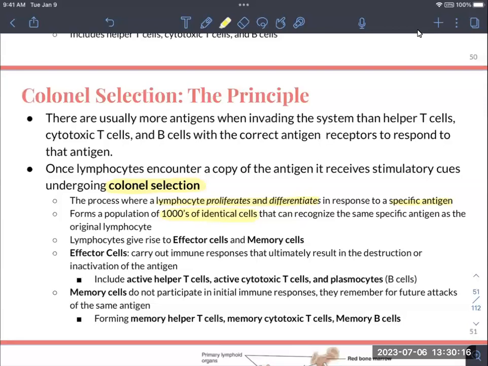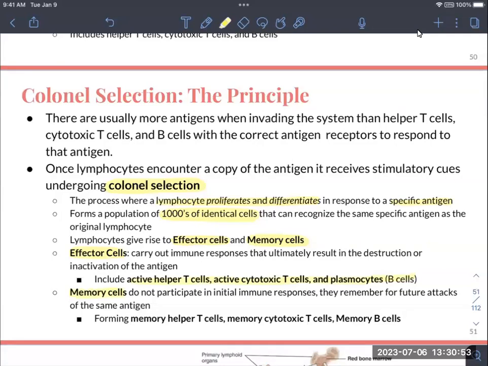And this is where we get effector cells, and this is where we get memory cells from. Those effector cells are going to go out and fight. They're going to get rid of that specific pathogen that may have come into our body. These would be those helper T cells, cytotoxic T cells, and plasmocytes that were those B cells. Memory cells, they're made so that they can remember this specific antigen for the next time it invades